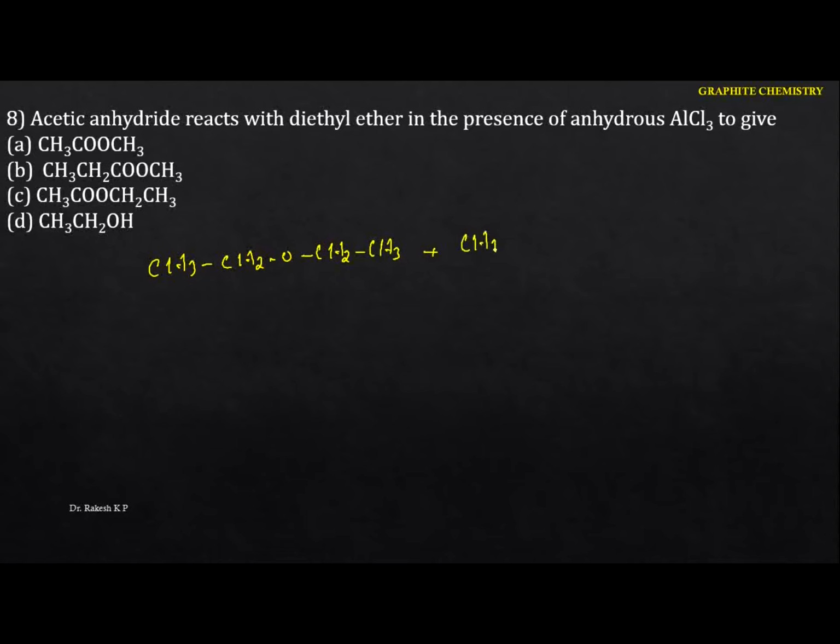I'm going to write the acetic anhydride structure in this form. This is the acetic anhydride. This is the C double bond O, and here it is the CH3. Now the cleavage may be from this carbon to this oxygen, or maybe this carbon to this oxygen. I'm going to show it like this. This will be the cleavage here. So here this is the negative part, and this will be the positive part.